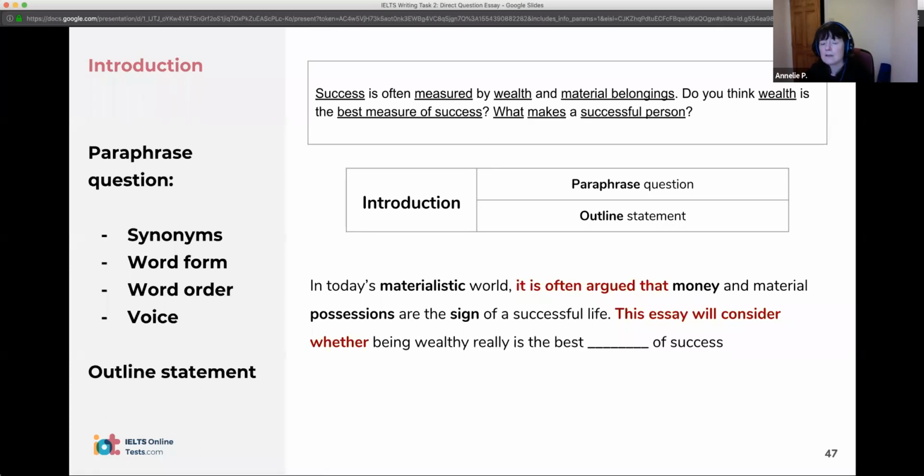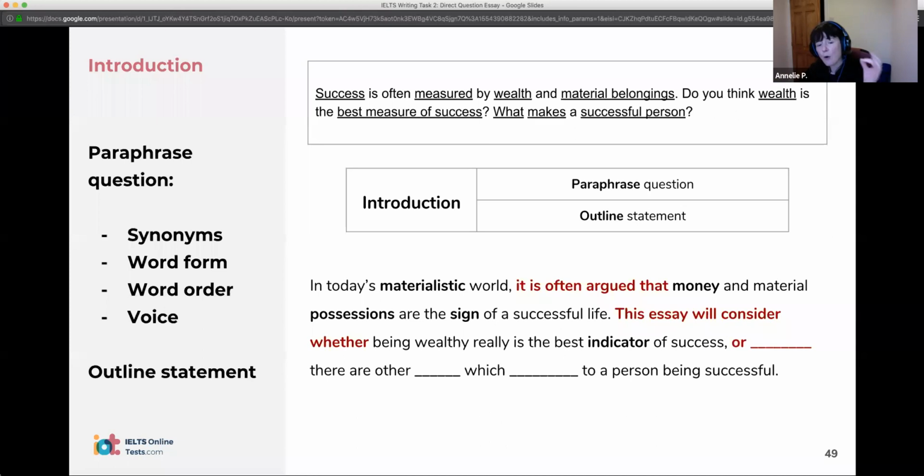okay, being wealthy really is the best. Think about your verb form, the best, yeah, form works. Okay, measure, but remember we've already used measure. Indicator. Okay, good, Jonathan. I think here we could use indicator or criterion for success would work as well. All those ones that we looked at earlier on. Okay. So whether being wealthy really is the best indicator of success. How are we going to continue that sentence? Okay, very good, Eftel. Yeah, or,